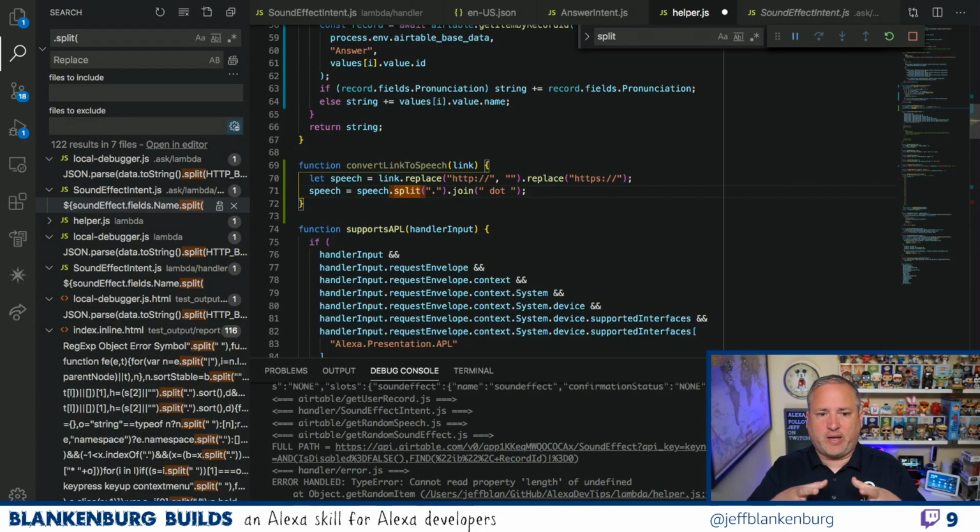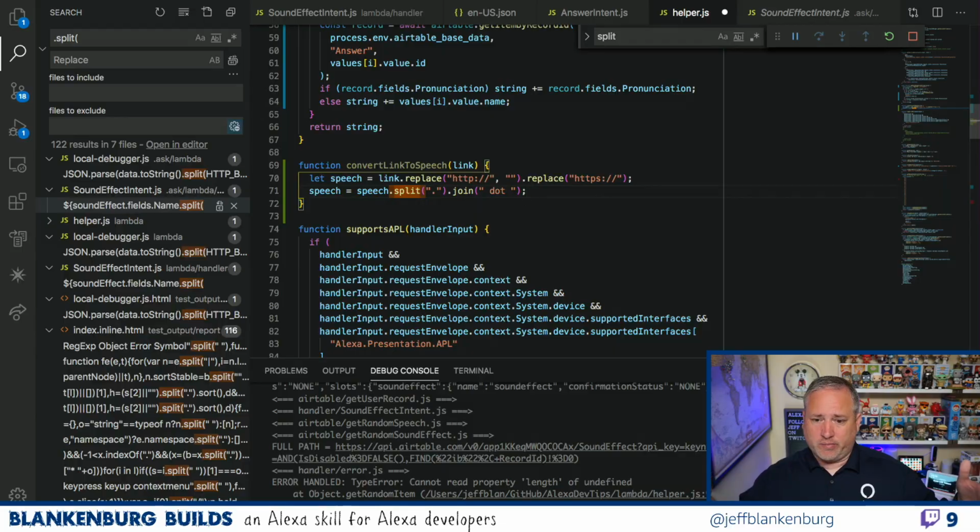So basically we take the term that we have, which might be alexa.design / account linking, and we're going to create an array where the periods become the dividers between the array. So if I split alexa.design / account linking, I would end up with the first value in my array being Alexa. The dot goes away, right? That's the delimiter. And then design / account linking becomes the second value, or slot 1.